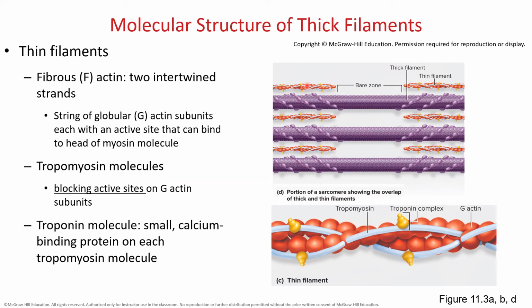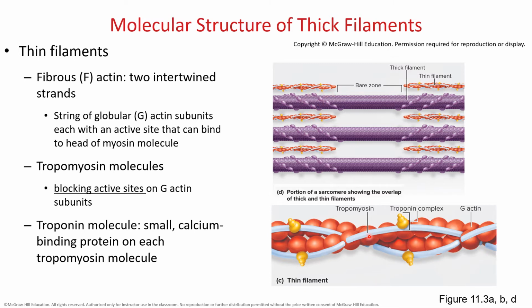So the thin filaments are made up of the protein actin. We also have a few other things going on here. We have troponin and tropomyosin, so very important with muscle contraction. We have troponin here. Calcium is going to bind with troponin, and it's going to move tropomyosin out of the way, because underneath tropomyosin here we have some active binding sites that the myosin heads, those golf clubs, can come up and bind here,